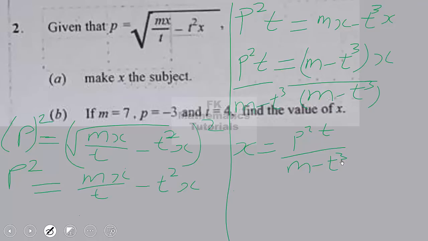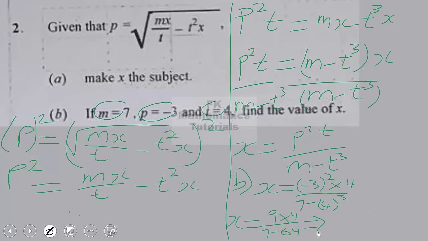Now we have to find a value, so the b part. We have to find the value of x when we substitute m equals 7, p equals negative 3, and t equals 4. So x will be equal to p, which is negative 3 squared, then t is 4, then we have m is 7, 7 minus t cube, 4 cube. So this implies that x equals